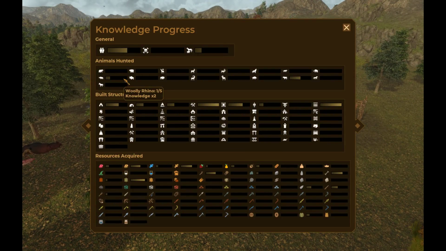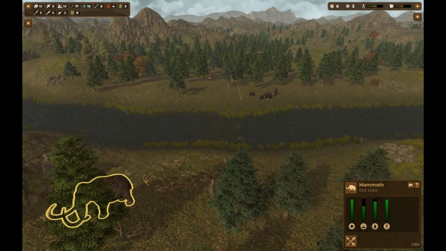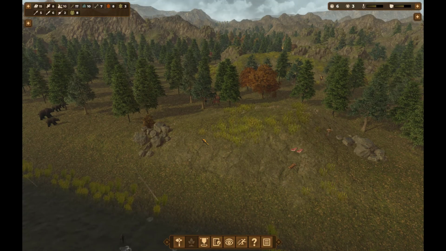What I want to look at here is we've got one woolly. I really want that mammoth, but he's so far away and he's past that cave bear. I'm going to have to go take out. So,